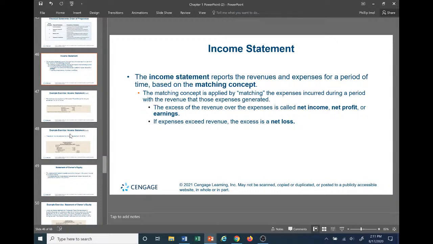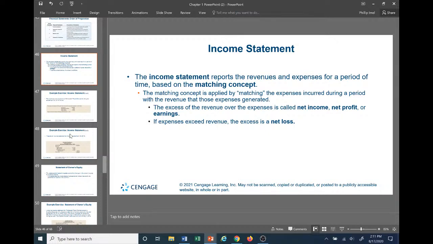Because if we don't, then it's going to skew the results. So if we purchase a piece of inventory, and it costs us something in year one, and then we make the revenue from year one, we want to apply that expense with the revenue so we can see how much we really profited off it, right? We're not going to say, okay, we're going to use the expense in year one and match it with the revenues in year 7, because it has nothing to do with one another, okay? That would just not even make sense.